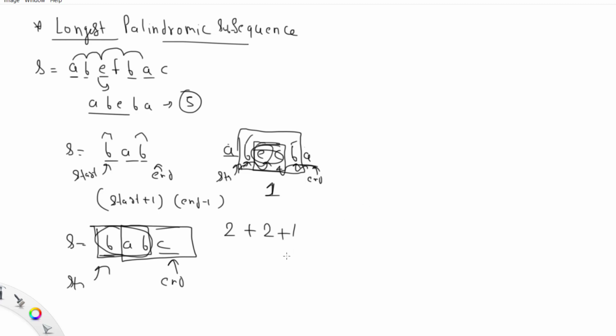So let's take one more example. Let's say if it was something like this: A, B, A and B, and let's say C and F. Now A and F are not matching. It means either I can have solution into this one, longest palindrome sequence, or I can have solution into this one, right? So if your start or end characters are not matching, what you will do,